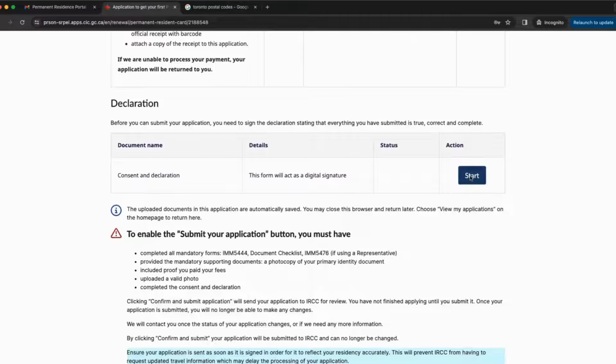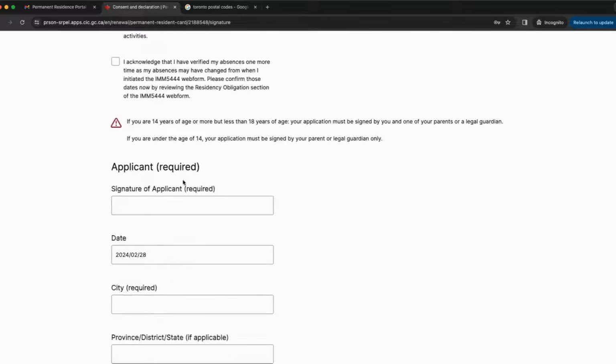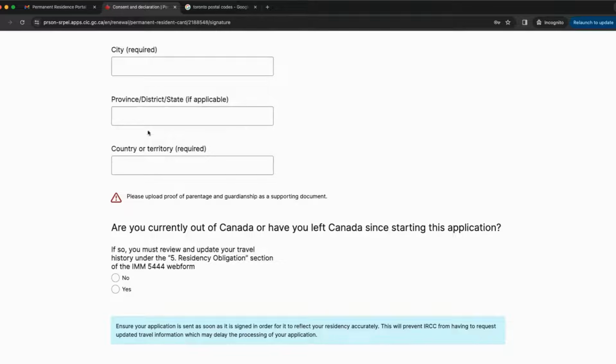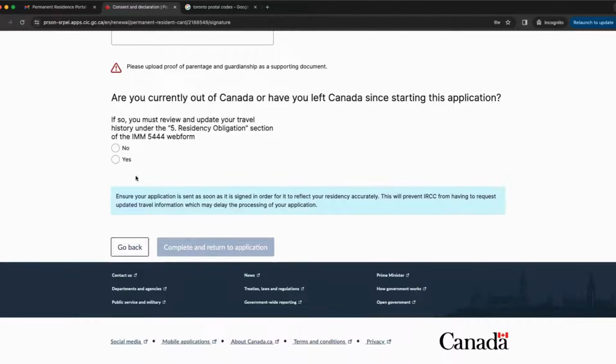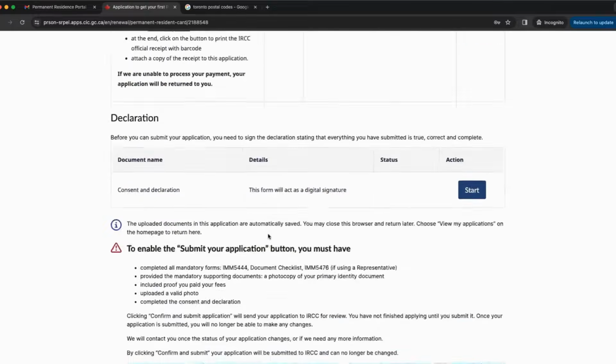And once that is done, then you have to start your declaration, basically saying you abide by all this, which place you are, filling this and all that stuff. And that you are actually in Canada. And that's an updated travel history document. So this is, are you currently out of Canada? So starting this application, you have to give all that information. Once you've given all that,